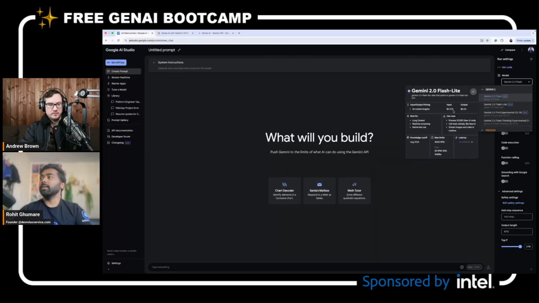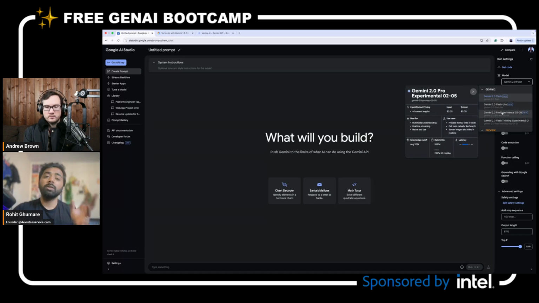Yes, exactly. So if you know Replit and other platforms which have an AI assistant embedded from the start, you will see Gemini Flash was the free version of the Replit assistant. Now they have moved to GPT 4o mini, but previously it was Gemini Flash. So whoever wants a cheaper version of AI capabilities uses Gemini Flash and the like.